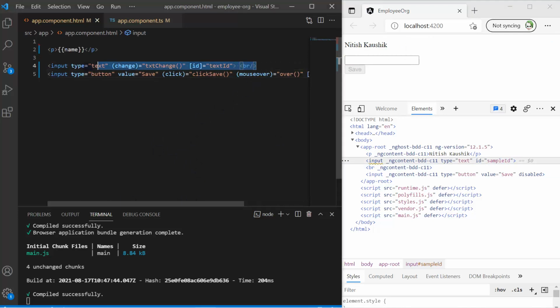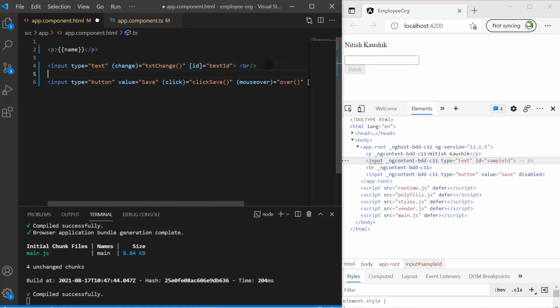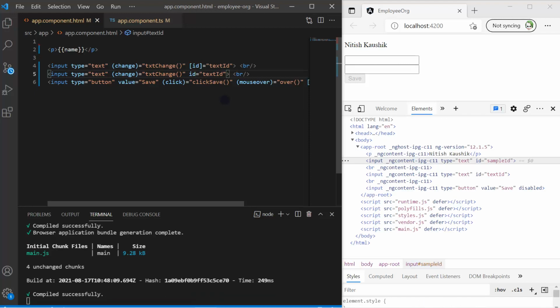Let's copy this line and paste it again. This time instead of using the property binding, I will be using the interpolation. If I save the changes, you can see that the text that you have written over here will be used as the ID, textId, but it is not only a hard-coded value. The actual value of this property is available in the component file.